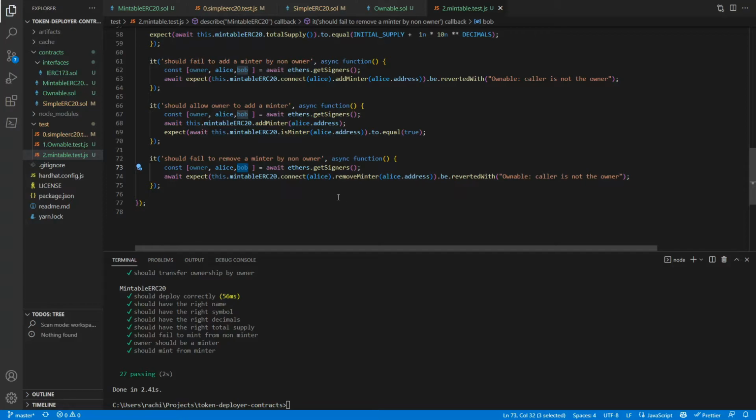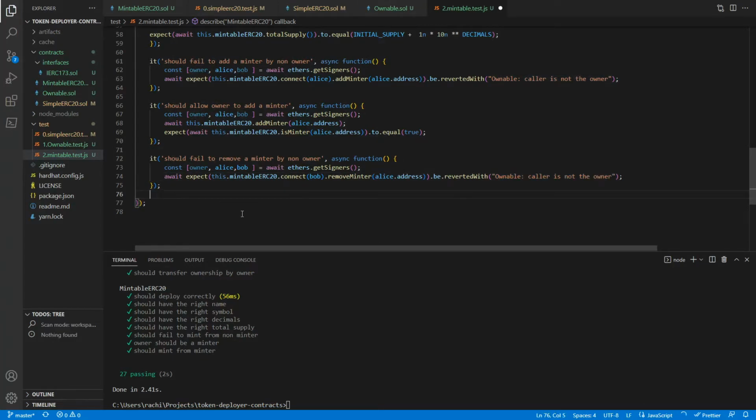But for a better test case, let's have Bob try to remove Alice from the minters, right? So Bob got jealous of Alice, and now he wants to remove her from the minters. So he's trying to call remove minter to remove Alice, and it should fail with Ownable: caller